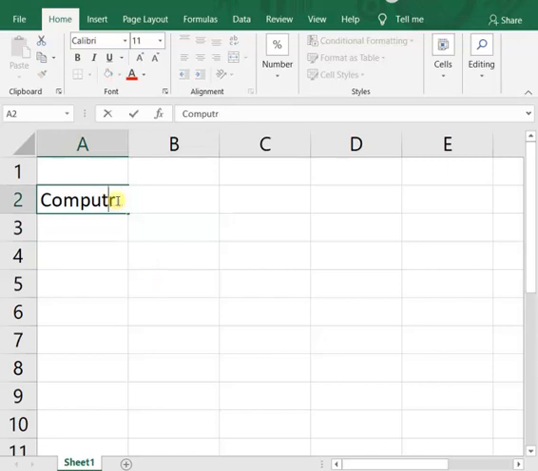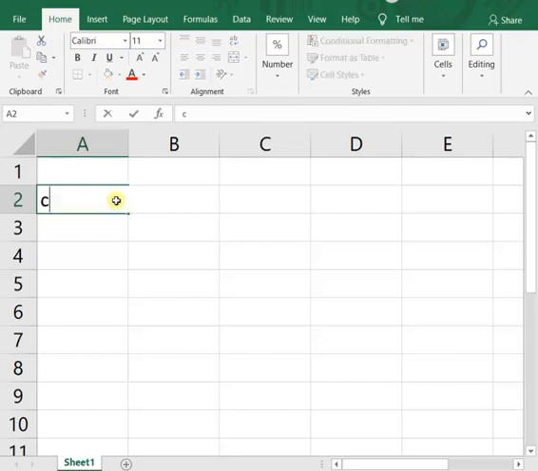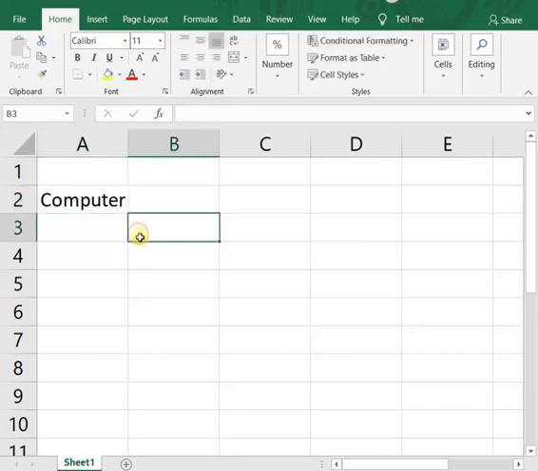Now again the same mistake has been made. Instead of correcting the mistake at that position, if you want to replace the whole word, then there is no need for double clicking on it, just select it and again type the whole word from the beginning. And click on outside. So in these two ways you can edit.